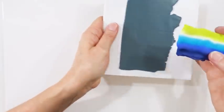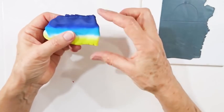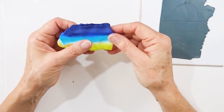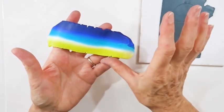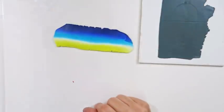So it's getting there. And this time I'm on setting number 2 at the moment, but because I've got quite a long piece here, I'm going to put it up to a thicker setting. So I'm going up to setting number 1. And again, I put one end up against the side of the pasta machine and just kept my thumb keeping this side pressed in. If you don't feel comfortable doing that,